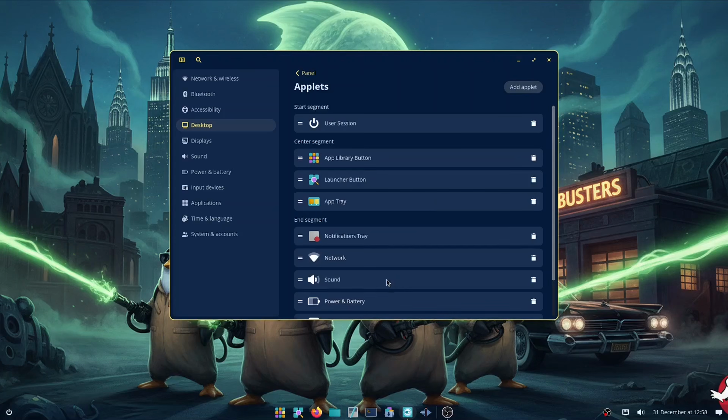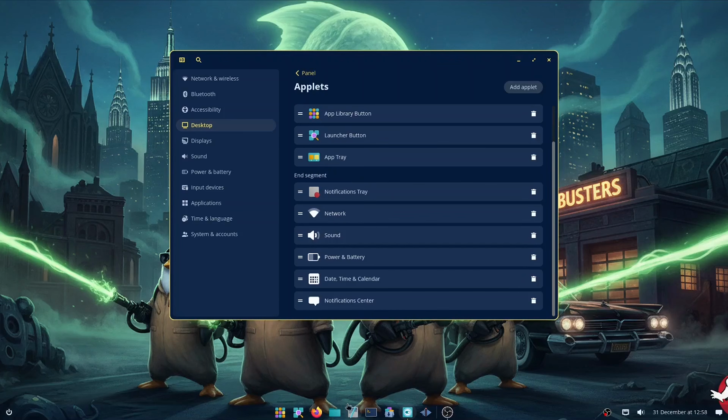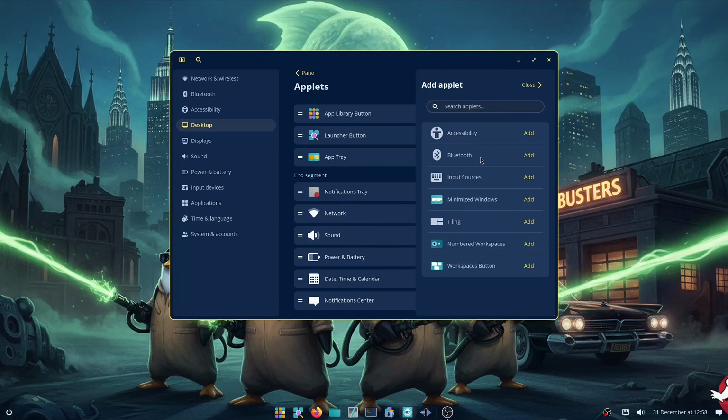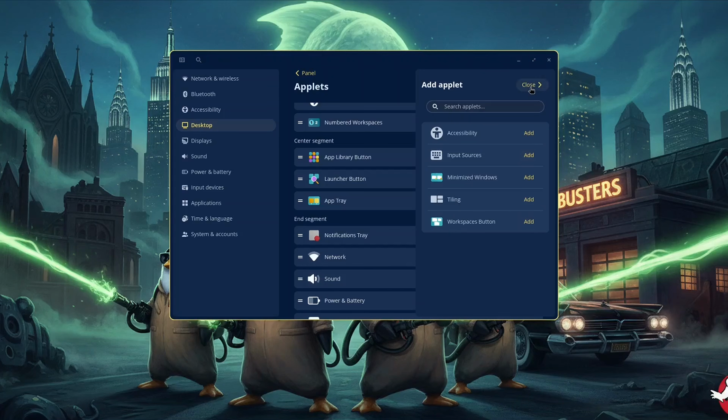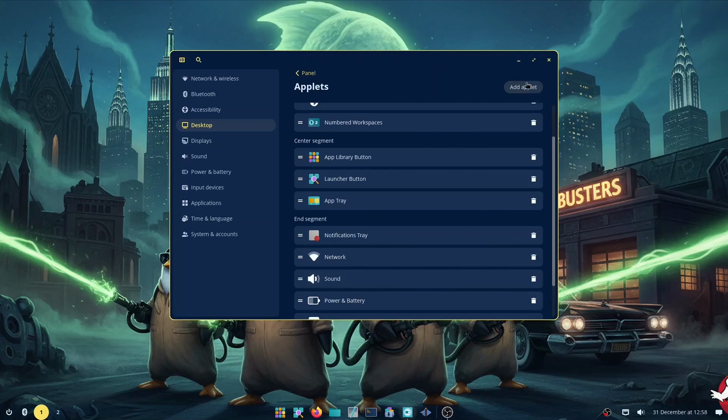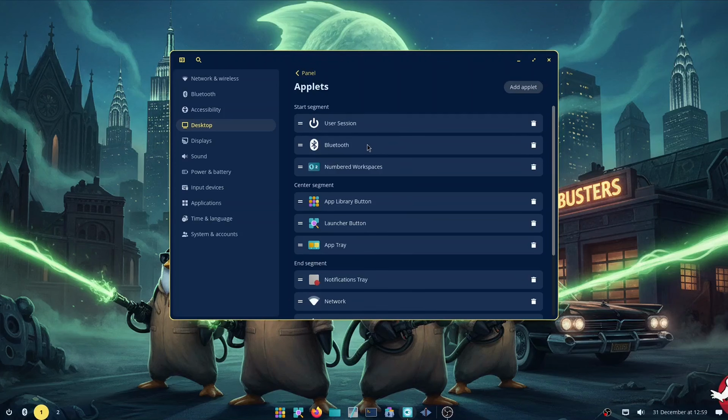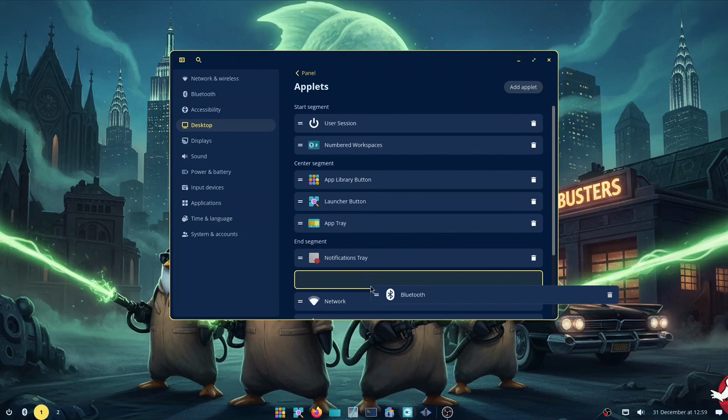And then you can change what's actually on the panel here. So you can see here I've got my user session, which is on off. Then you can see each of the icons that appear here, and you can add new ones in clicking this. So if you want Bluetooth, you can add that in like that. And you can have numbered workspace as well, so we'll put that in as well. And we can change where things are. So if we close this, we can drag that down. We'll put that next to the network,